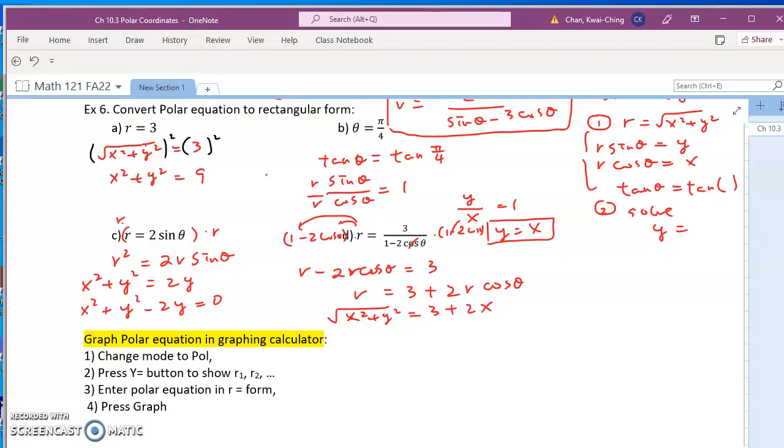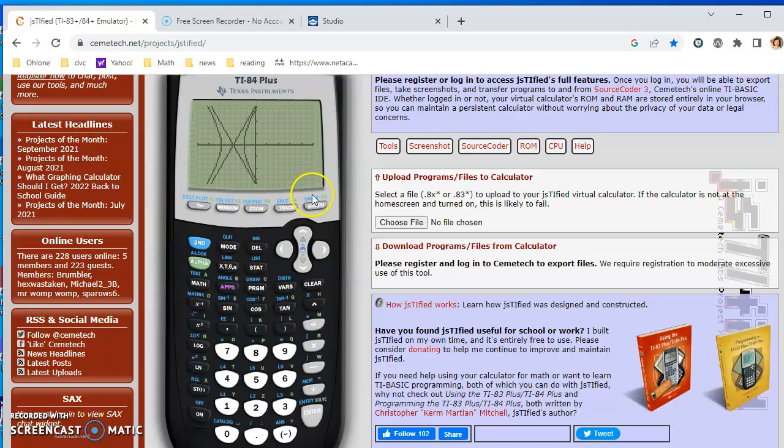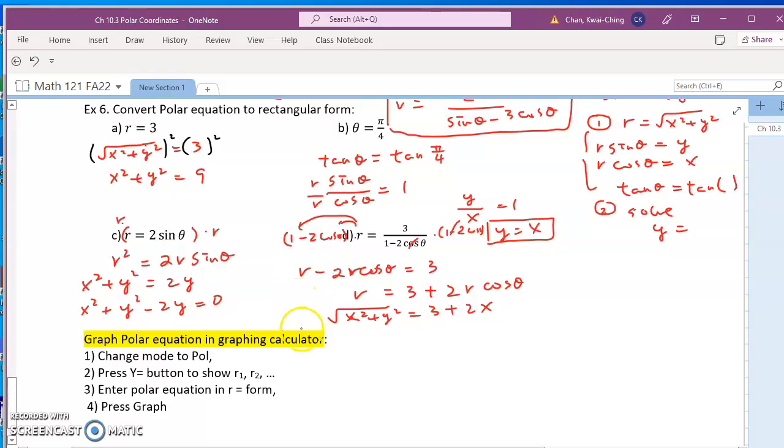Whoa. Oh, it is kind of like a hyperbola or something. Very interesting. So this is how it looks for polar graphing. Instead of zoom 9, you can do graph after you adjust the window, but most of the time you do zoom 5, not zoom 9. This one is kind of interesting. Okay, so this is all for 10.3, and I hope